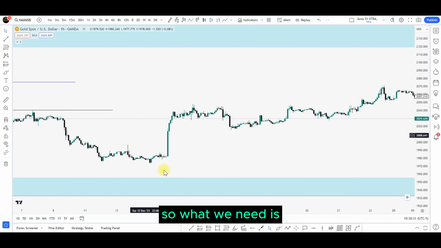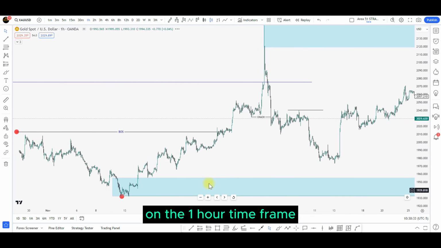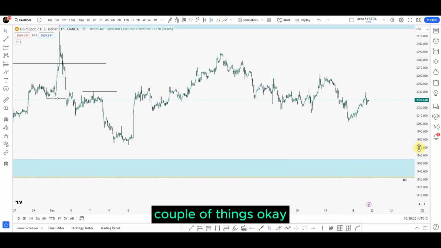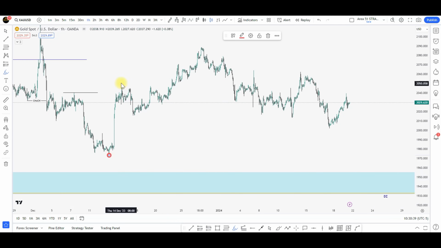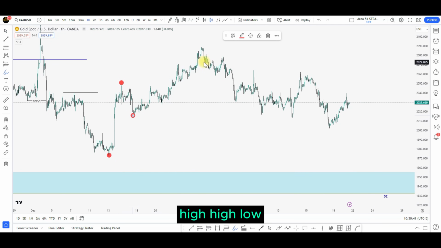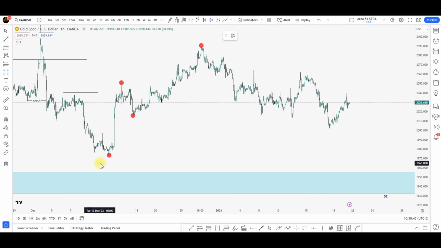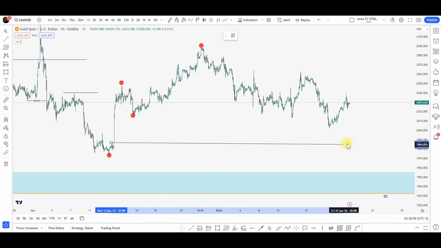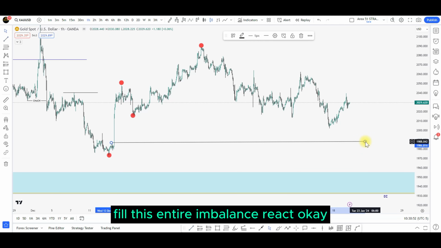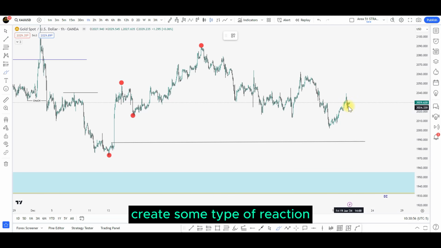So what we need on the 1-hour time frame is a couple of things. Number one, we have a low, high, high, low, high, highs. Price can come over here, fill this entire imbalance, and react. Create some type of reaction,